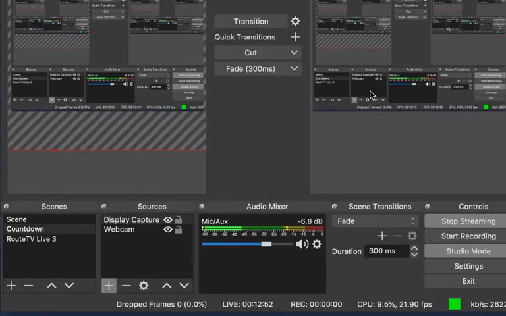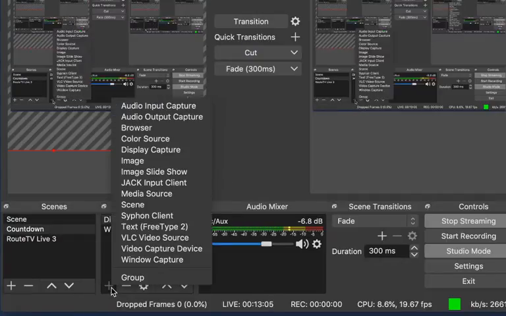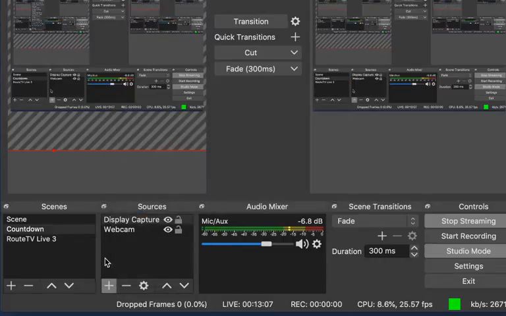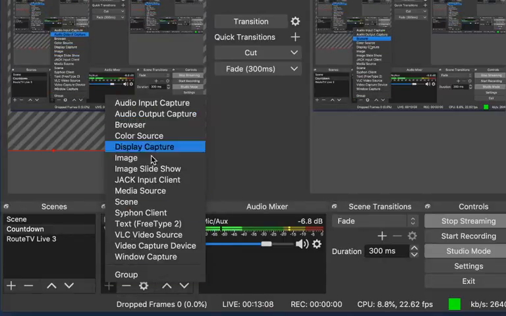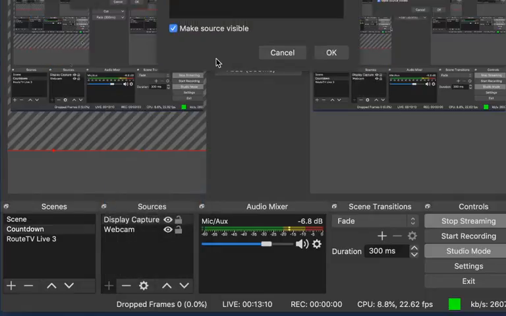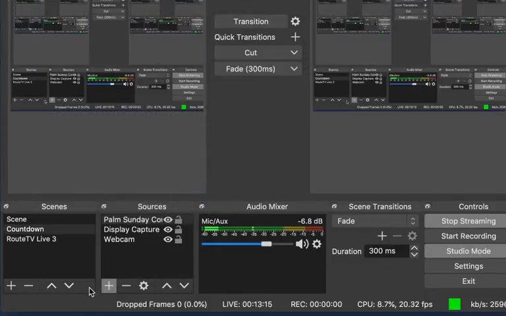So right here is the mixer. So you can see my voice when I pick, let me do this. Add media source, add existing, Palm Sunday countdown. So when I have the Palm Sunday countdown,